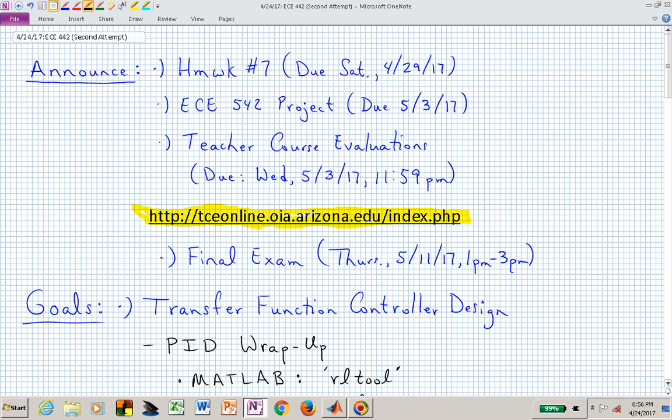What I want to do first is say that homework number 7 is due on Saturday at 11:59, and that will be the last required homework assignment. We will have a homework number 8, which will be discussing topics from state space design approaches, and that will be Unit 8's topic. ECE 542 students have their project due a week from Wednesday, on the 3rd of May,